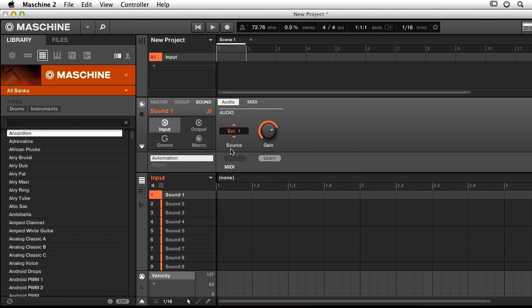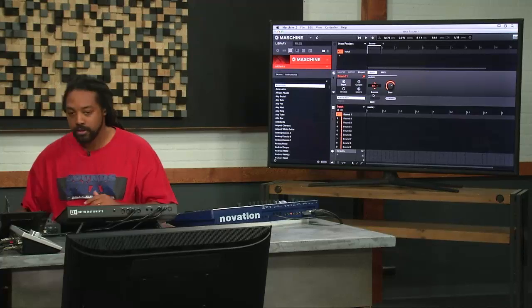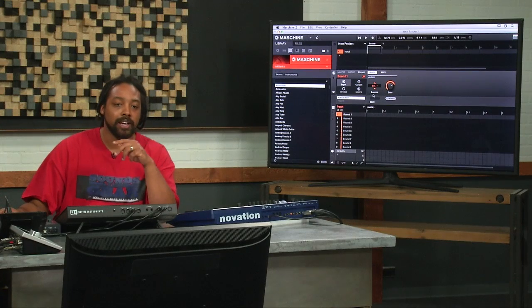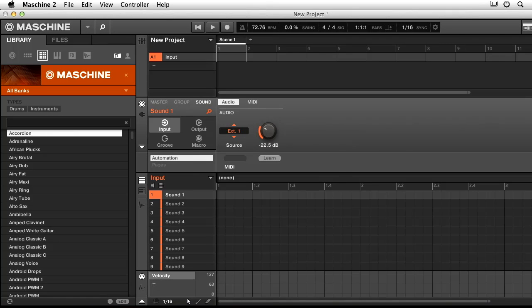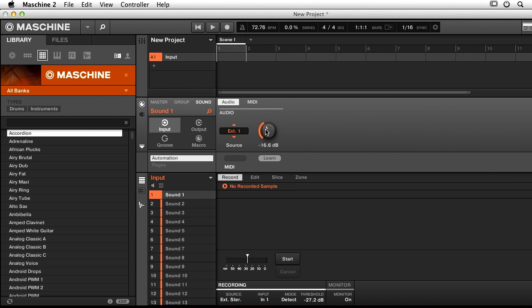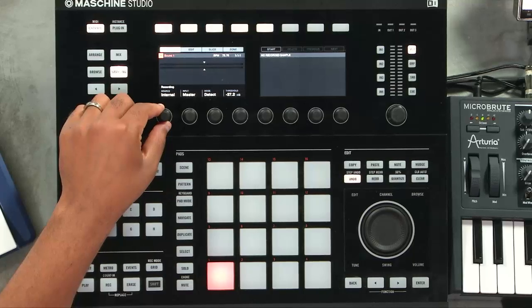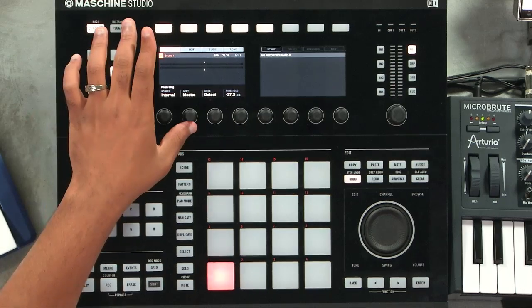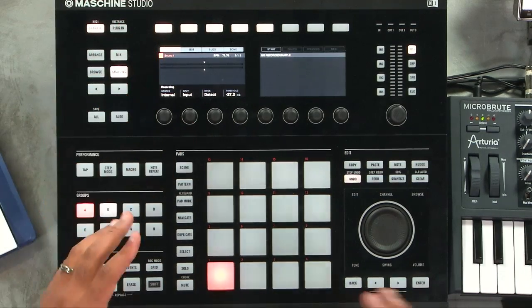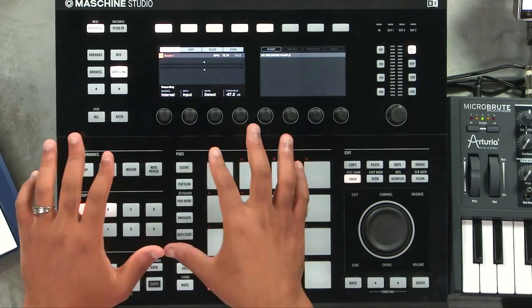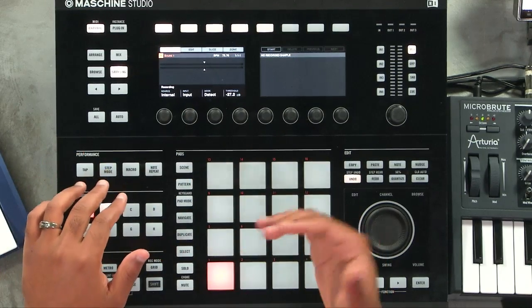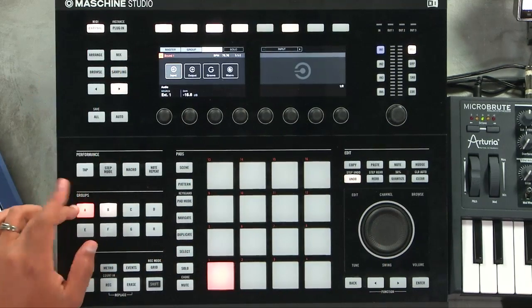That means whatever's coming in, I can control it here. But another thing, and what I want to do in my sampler is I want to change this, because now I'm going to be sampling internal. So I'm going to go to internal, and I'm going to set this to input. That's why I named it, because now I can see that that's where I want to sample. So now it's only going to sample from the internal. And now if I go back over here,